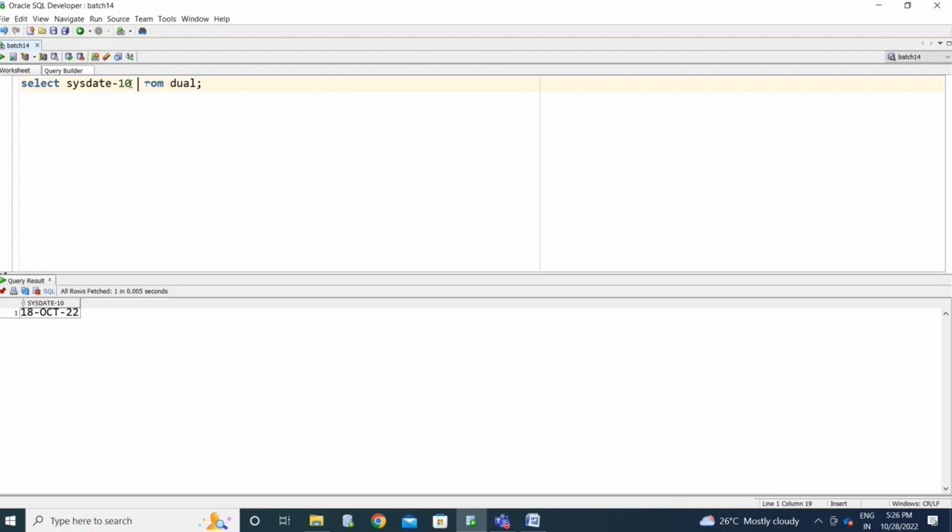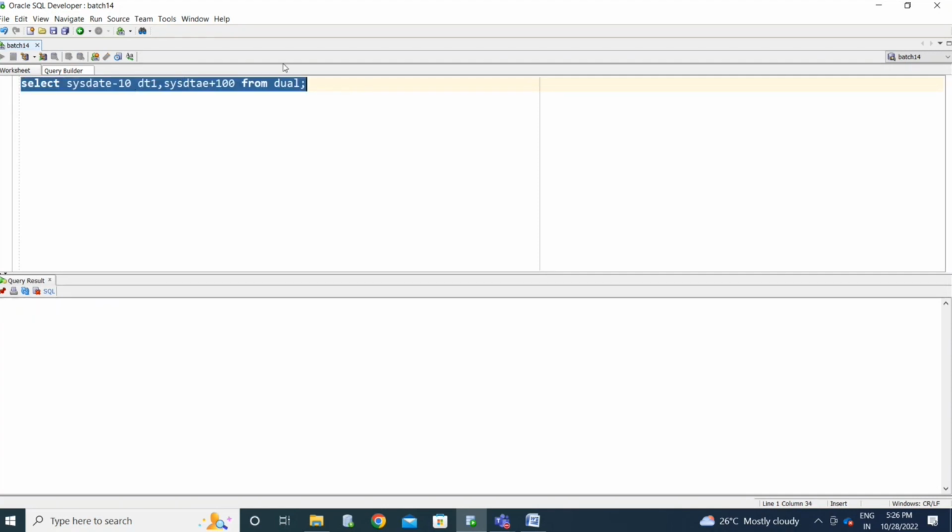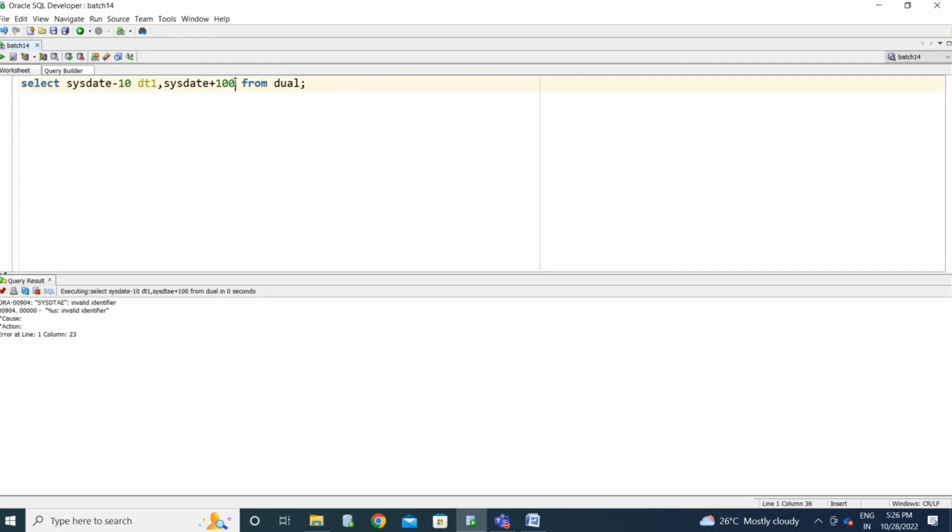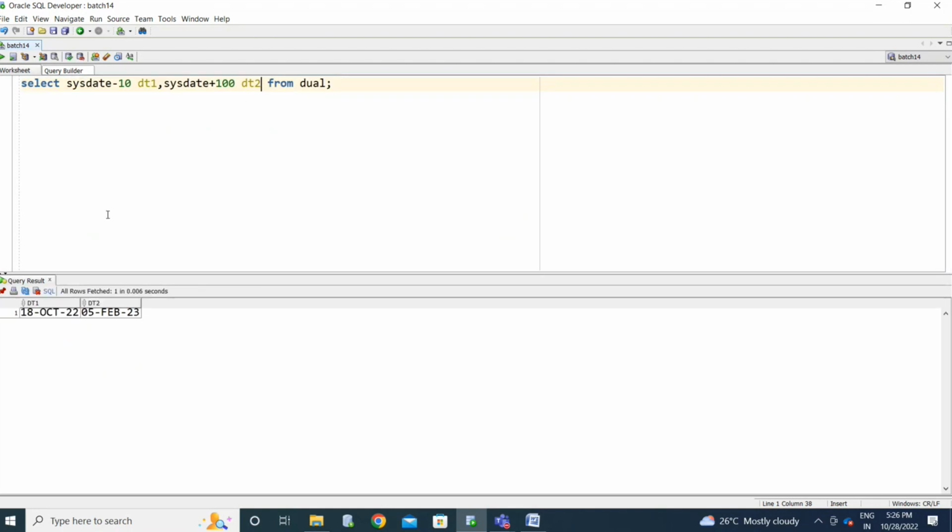if you have DT1, sysdate plus 100, and DT2, I have two columns in a table. Now I want to subtract these.